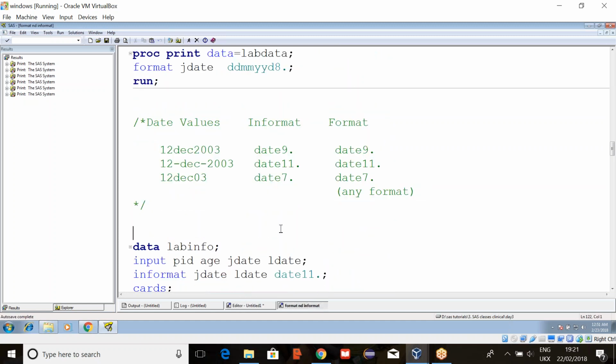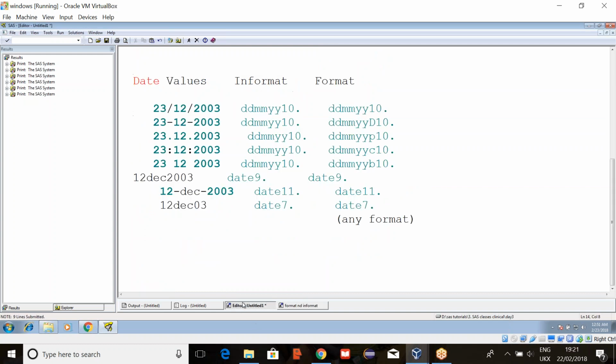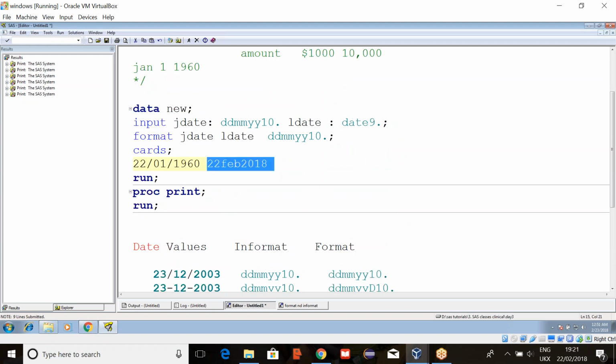And few more are there like this. Suppose in case if you are using only month and year, then MON, YY and then the length, month and then year. Let's take this example. This is MON, YY 7 dot.